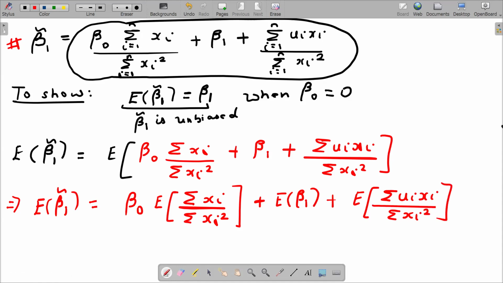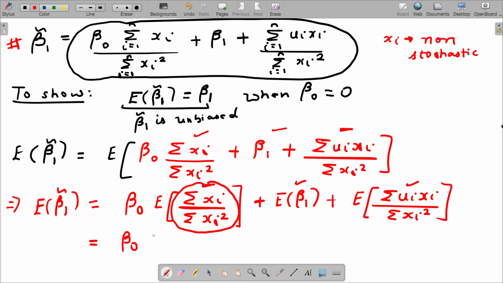Remember, expectation of a sum is the sum of expectations. So expected value of this plus this will be equal to beta naught, as a constant comes out, expected value of this plus expected value of this plus expected value of this. Now, students can see this is going to be beta naught times, remember, my xi's are non-stochastic variables. They take fixed values. So that means expected value of summation xi over summation xi square will be the same because it's going to be constant. Summation xi over summation xi square plus, again, beta 1 is a constant, expected value of a constant is the constant itself, plus summation xi square is a constant, it comes out. So 1 over summation xi square times,